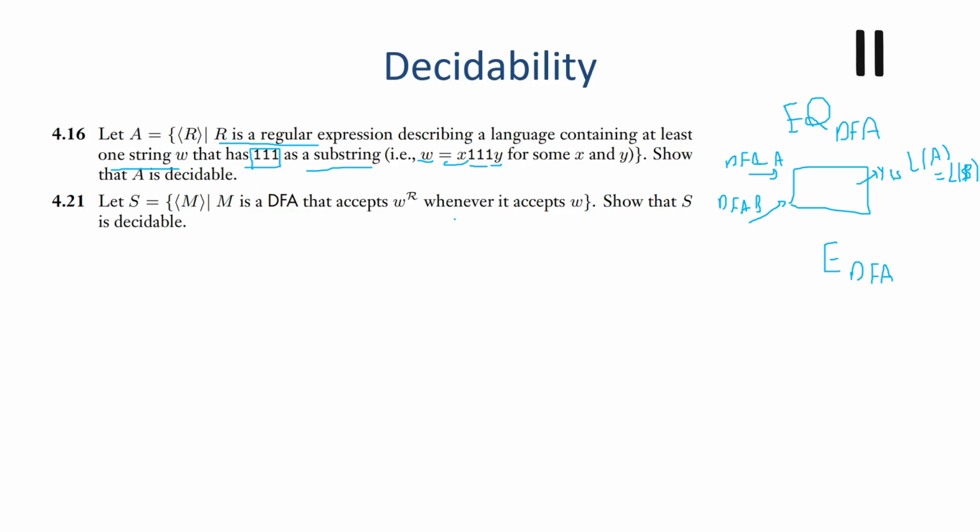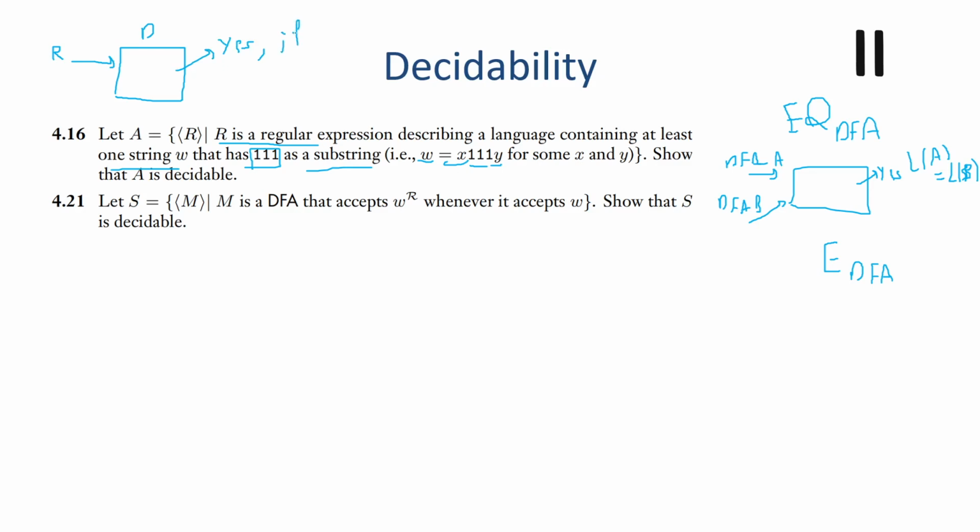Very important that we understand what the question is really asking, because I think there was confusion when we solved this in class. So if A is decidable, that would mean there's some machine, say R, that decides it. And this R is going to take what as input? A regular expression. Okay, so maybe I should name it something other than R. So we'll call it D. It's taking some regex R, and it'll say yes